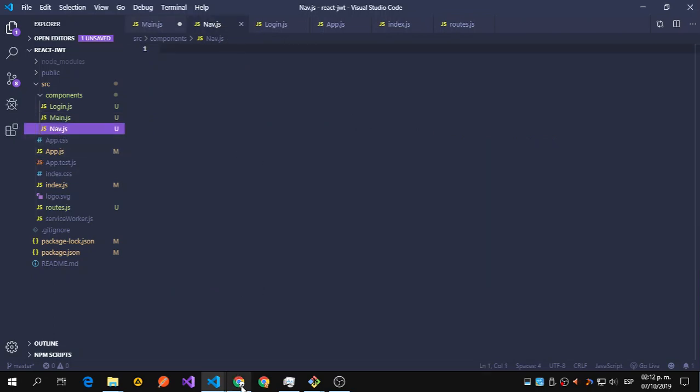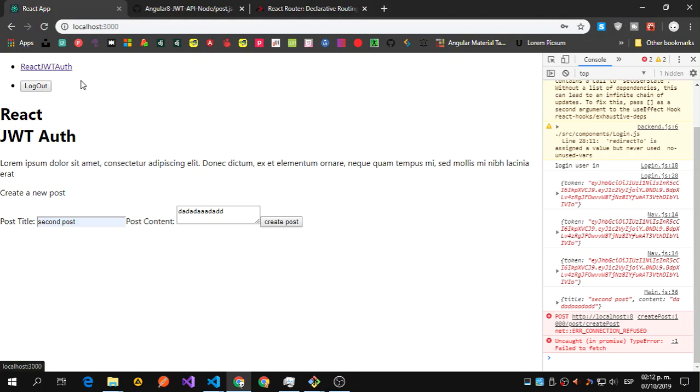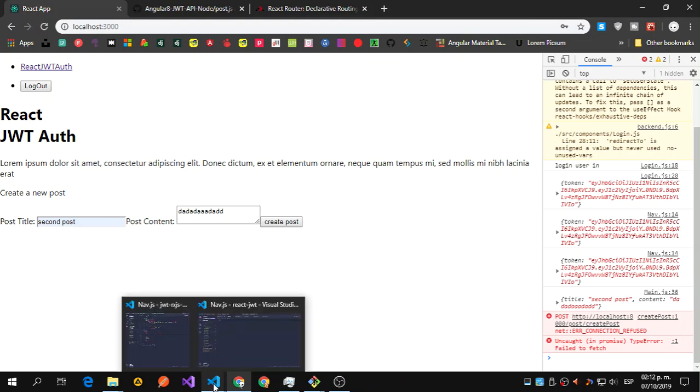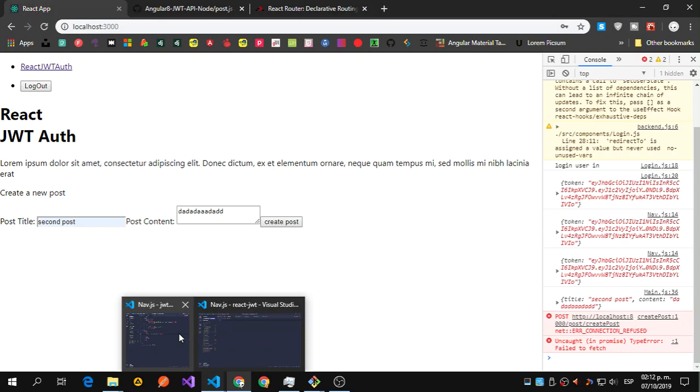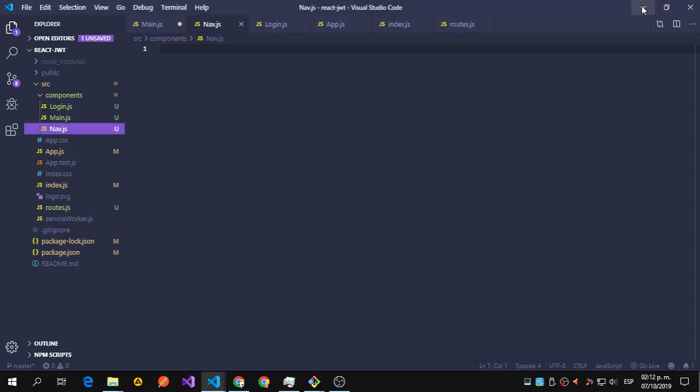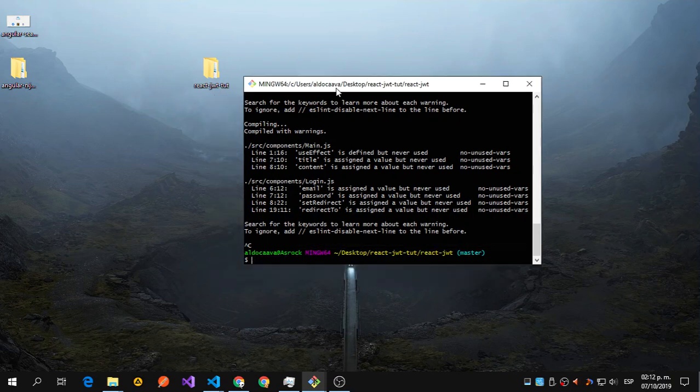The navigation has nothing, that's why we are not showing the navigation here. Well, this one, of course, because this is the other application that was running, but we're not going to show the application yet. So I have this one, okay, and let's say npm start,